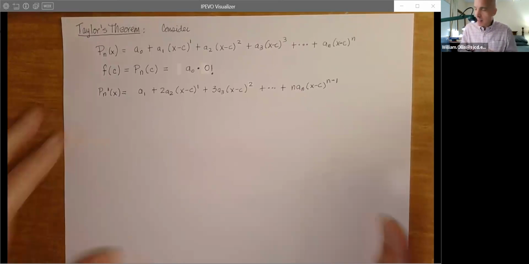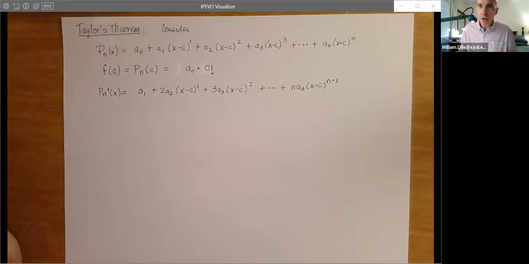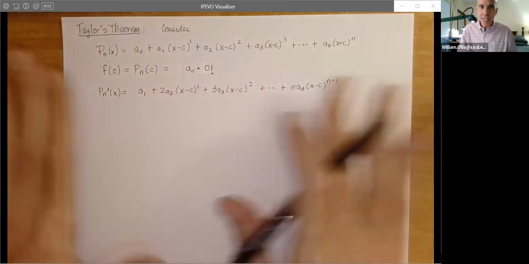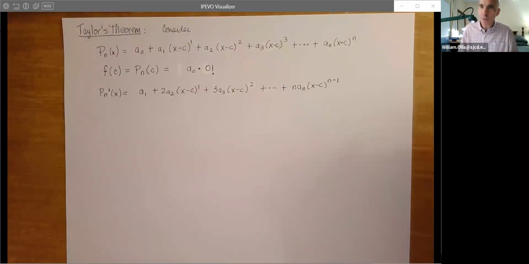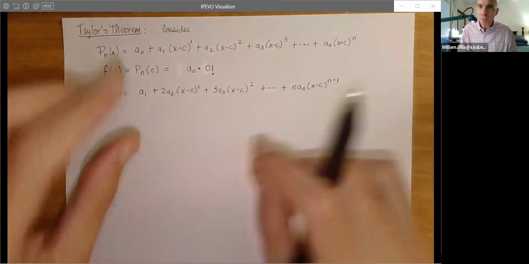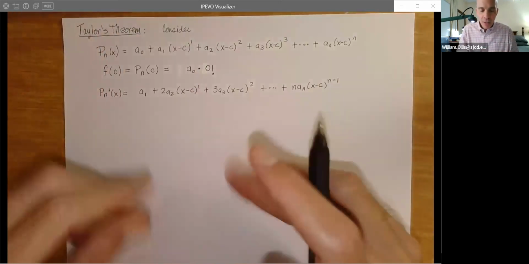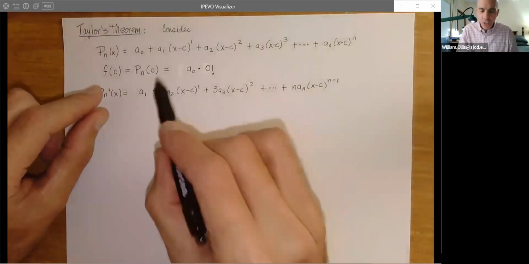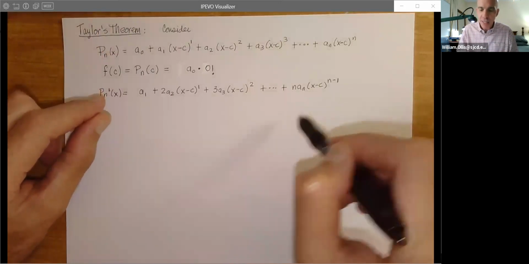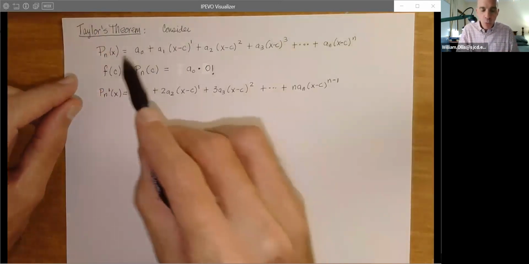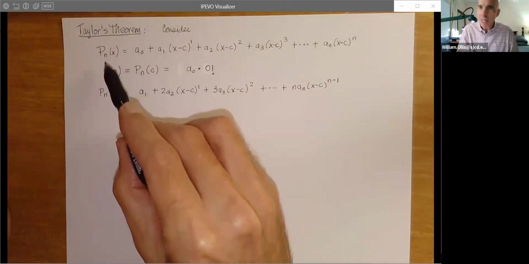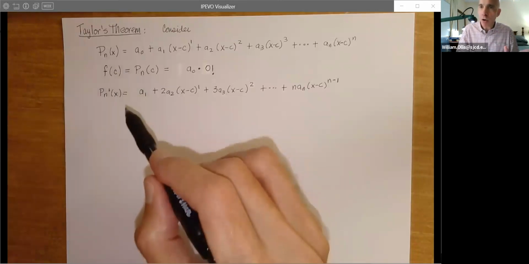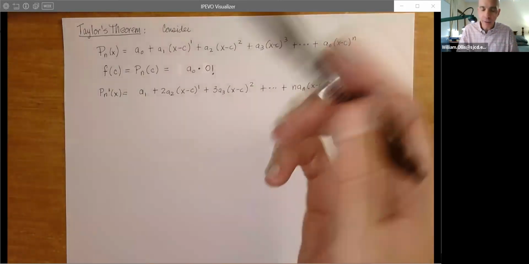So what I did, ladies and gentlemen, is I started out with this calculation just to kind of give you some detail into how we come up with this rather odd looking formula for the Taylor polynomial. And then we'll show that it's actually valid. I started this calculation so you would see where I was going, and we'll finish it. We're going to use the same notation for Taylor polynomial. And when c is 0, we call it Maclaurin, just if that comes up.